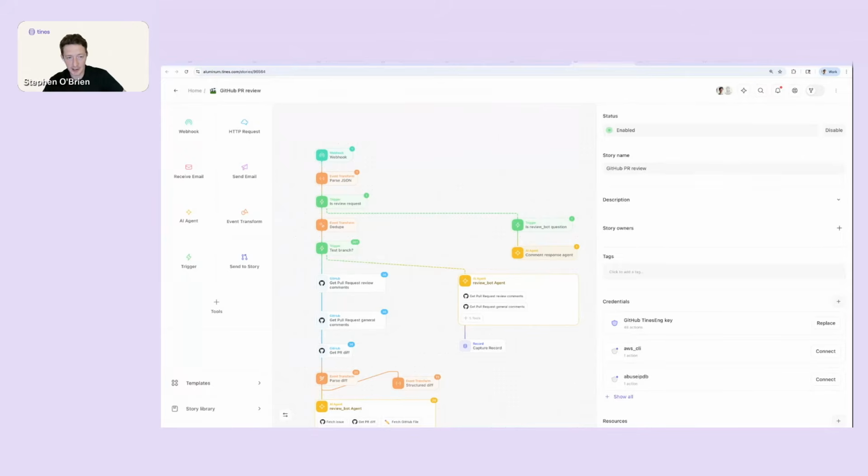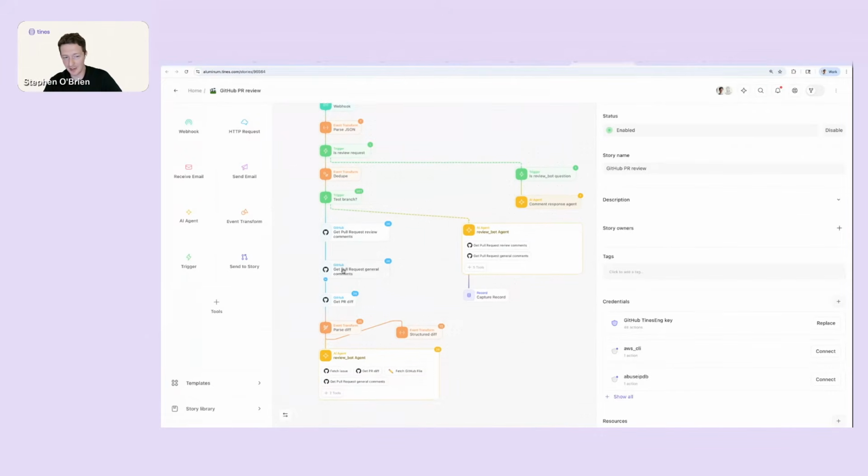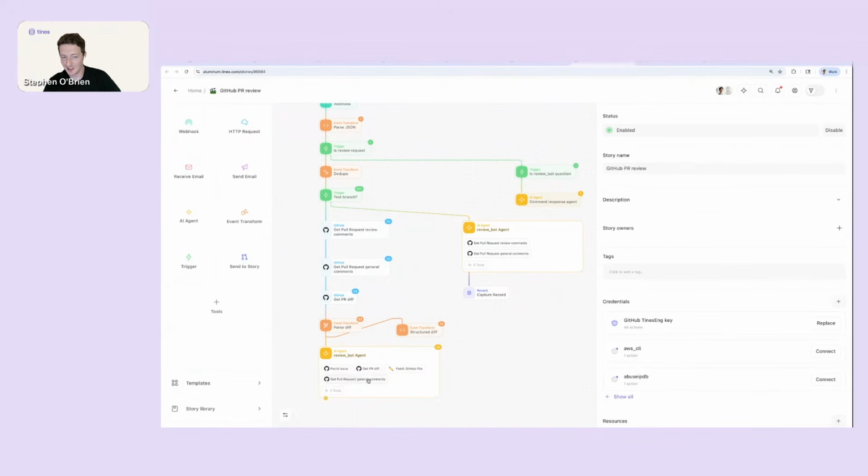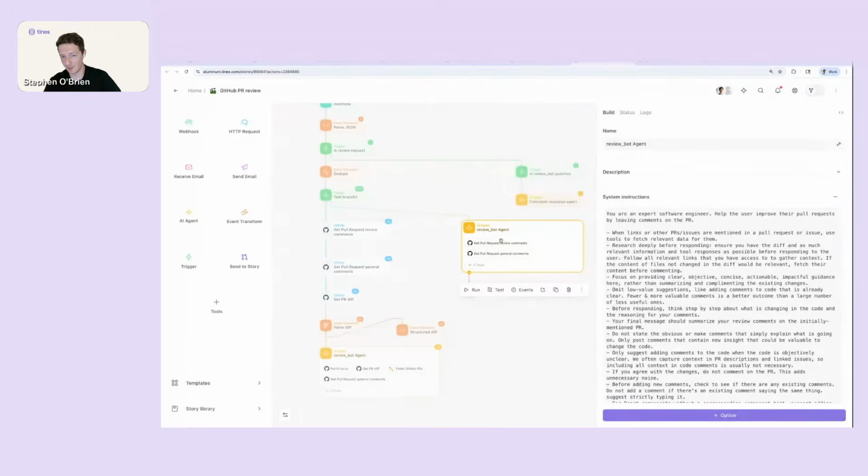So what are we looking at here? There's actually a few things going on. This whole left-hand side branch is like the beta version that the engineering team are working on for the next version of this agent. And this is the one that's up and running right now. It's an agent that helps when our engineers have a new change to our software, which is a pull request. This agent will leave comments on that pull request in GitHub, suggesting how the code could be